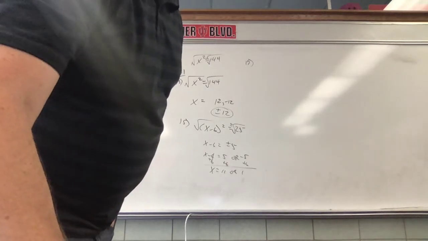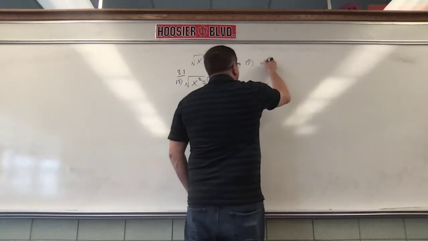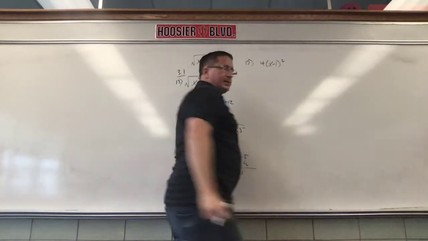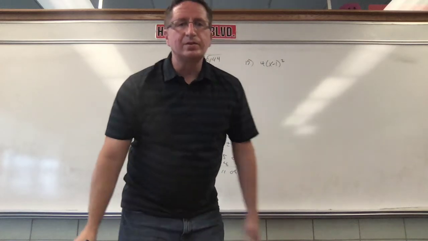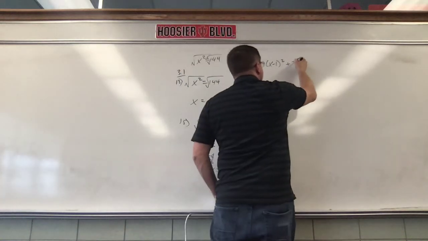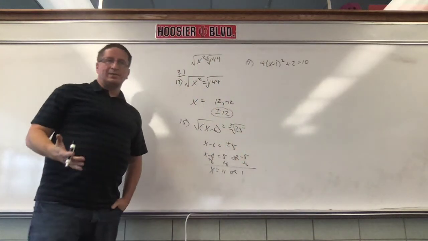Let's see, 17. So we have 4 times x minus 1 squared, plus 2 equals 10. Okay, so before we square root, we haven't had to talk about this yet,